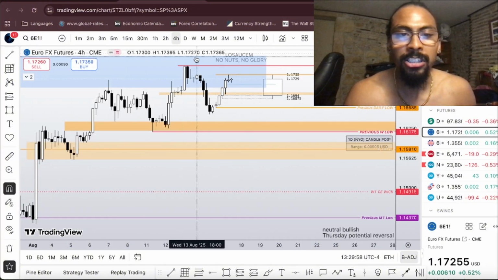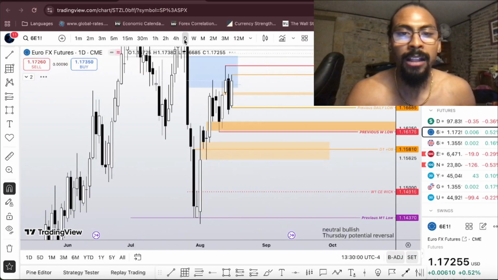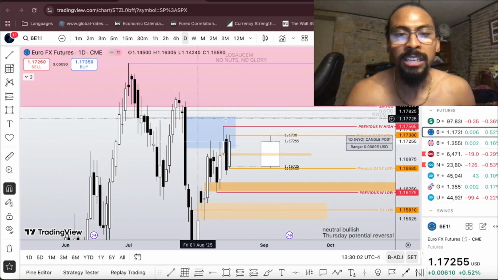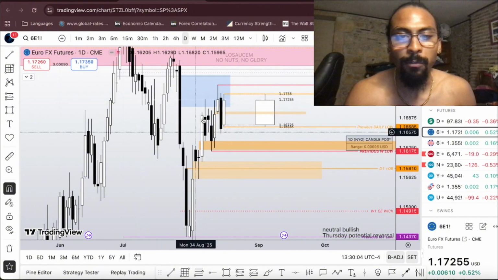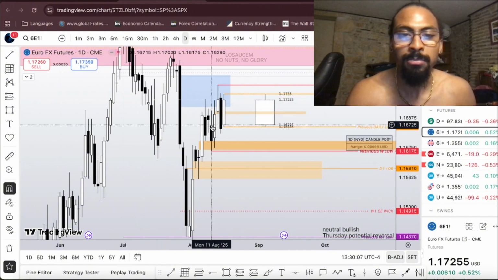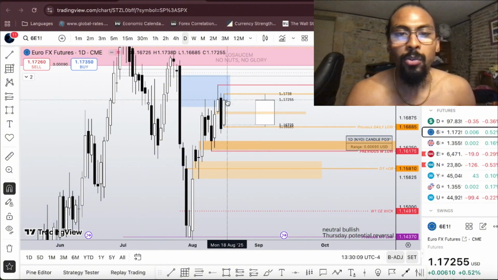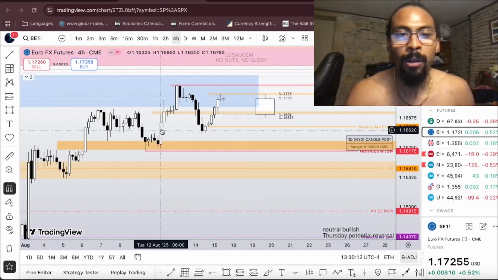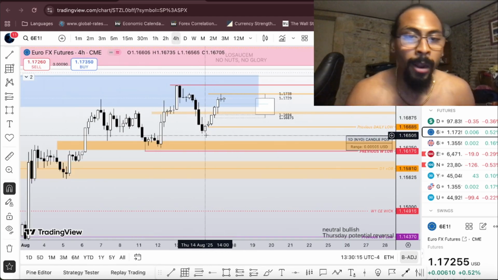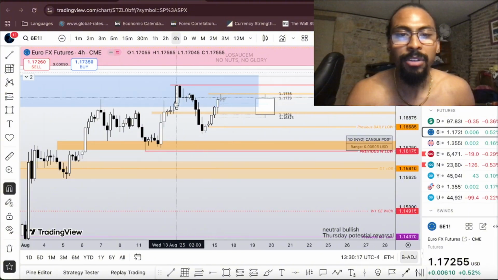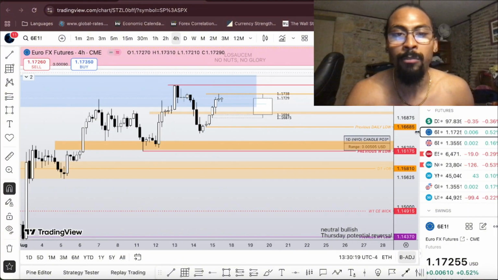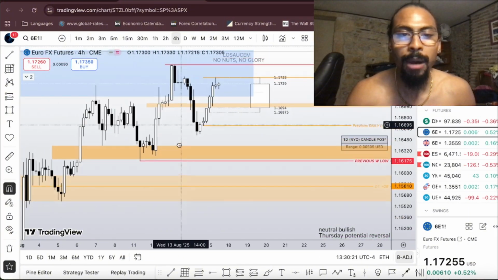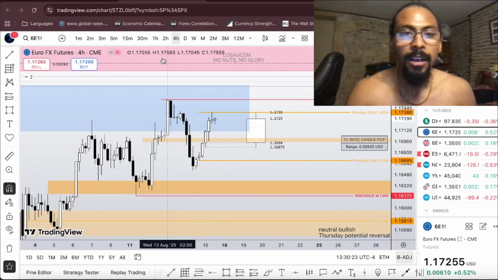Looking at EU and GU, same reason that I have with dollar. I'm neutral bullish EU because we could continue, because we could fall from here, but at the same time we are respecting down close candles on the way up. I do want to see a little bit more displacement higher. This may be a high resistance liquidity run. We came into this 4-hour fair value gap right here, and we started running higher. I want to see if we could attack that high and maybe stay above that previous weekly high, but I would rather see us drop lower first before we get up into that high.